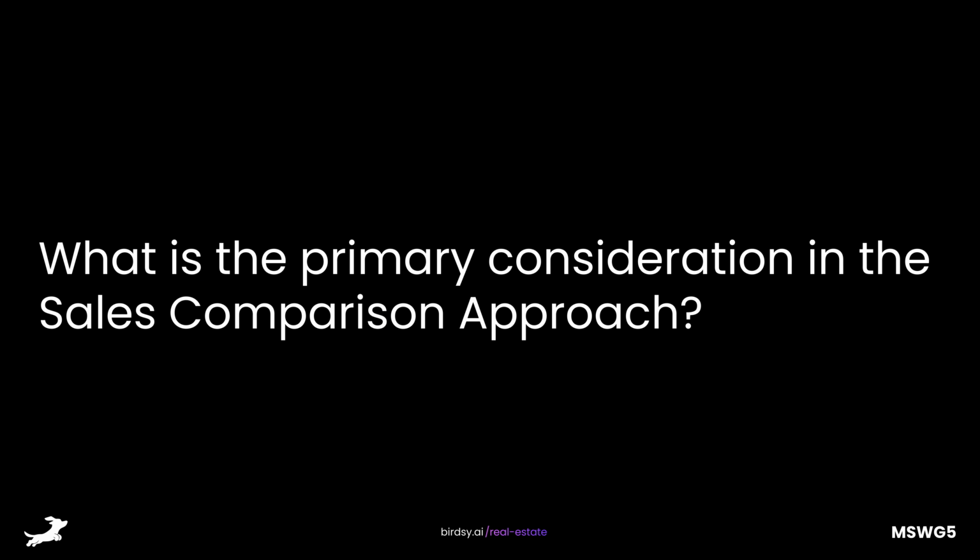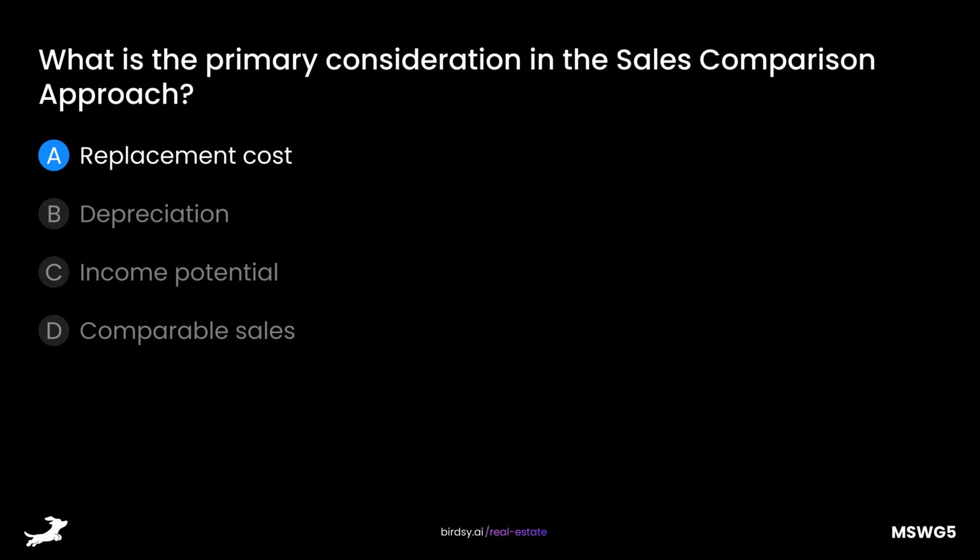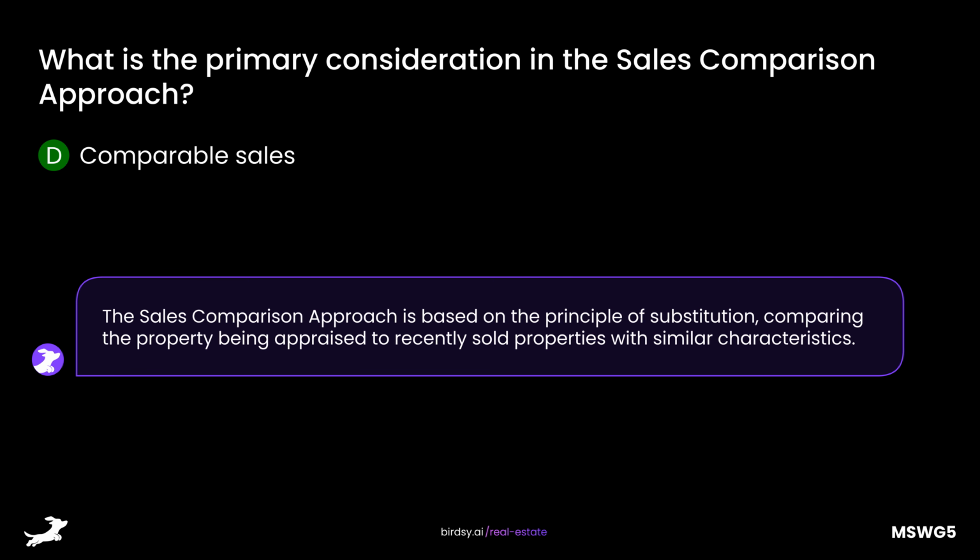What is the primary consideration in the sales comparison approach? Is it A, replacement cost, B, depreciation, C, income potential, or D, comparable sales? The answer is D, comparable sales. The sales comparison approach is based on the principle of substitution, comparing the property being appraised to recently sold properties